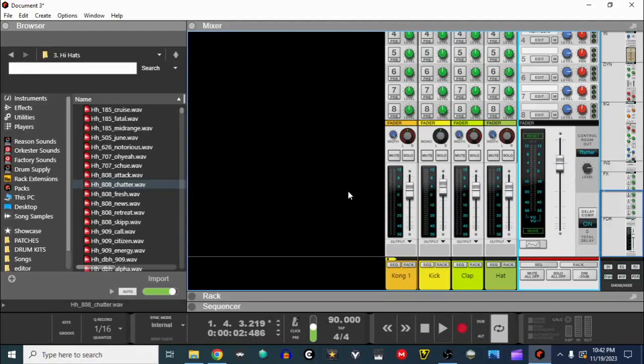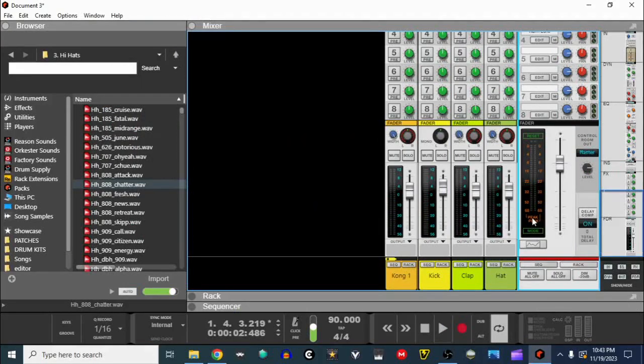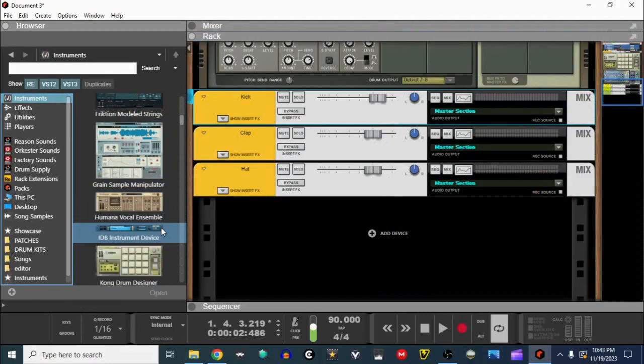Once you're happy with the EQ settings, I recommend putting the voltmeter to peak, but this is just strictly preference. Next, I'm going to create a quick bass line, and I'm going to show you how you can quickly sidechain this to the kick. Let's go ahead and put in a